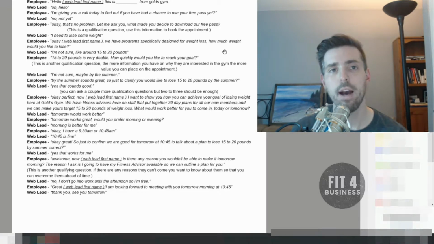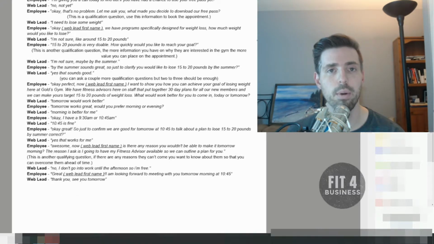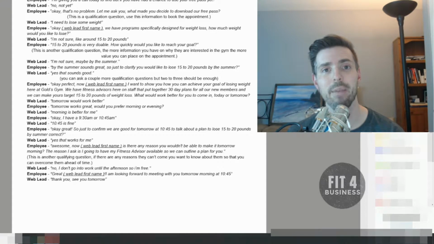Just the more value you can build in setting that appointment, the more likely they're going to show, and the more interest they're going to have about making sure they're talking back to you. For one, you want them to ask for you when they come in, but then two, you want it to be important, and you want to sound different, because if they downloaded a pass for your gym, it's quite possible that they downloaded passes for other gyms, and so you don't want to be just like the other gyms calling and saying, hey, would you like to come try out the gym? We have a great free weight section or whatever. You want to be as specific as possible about their goals.